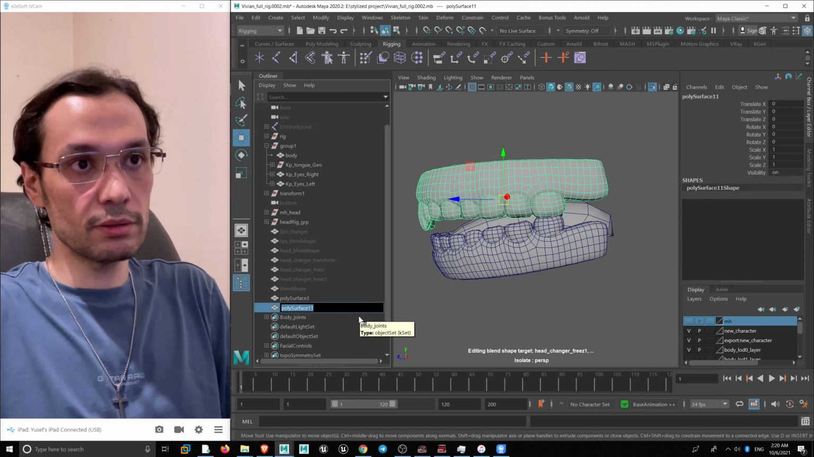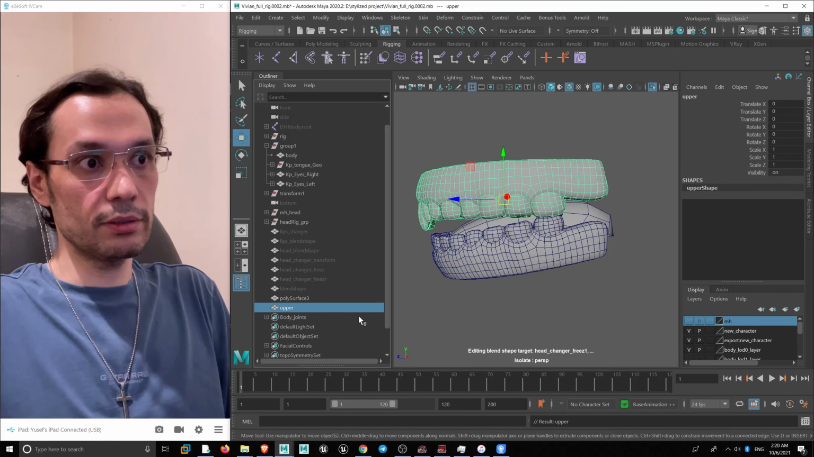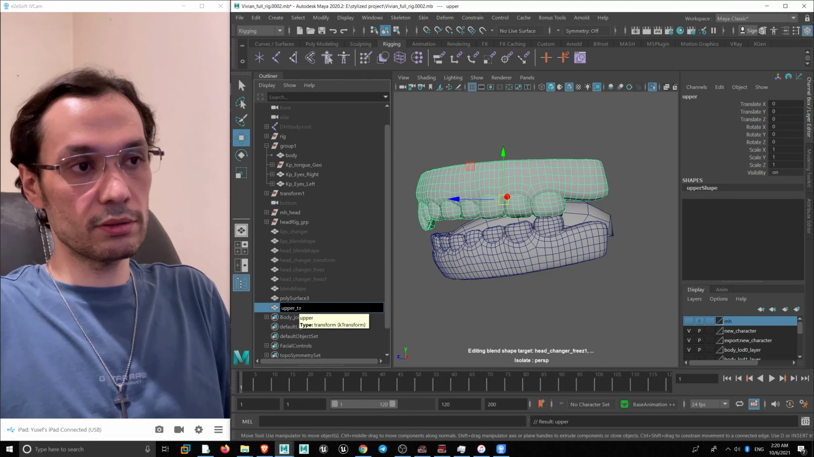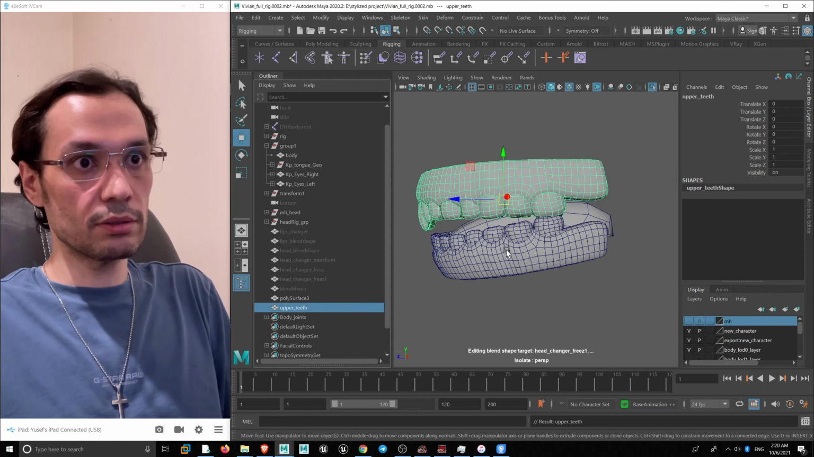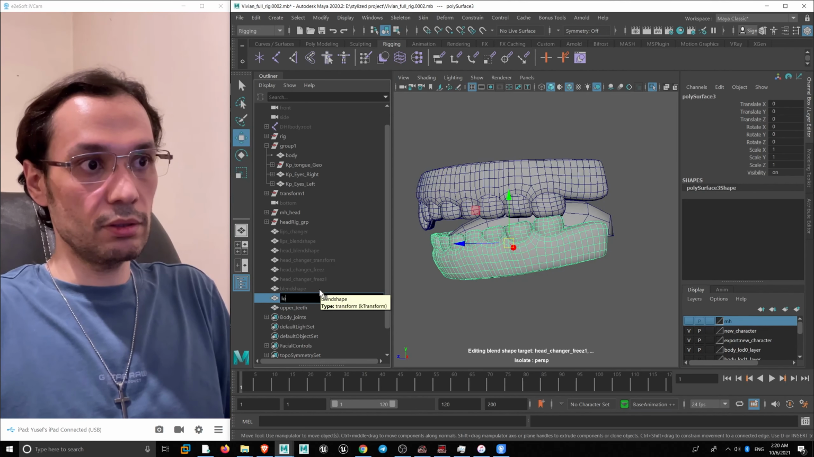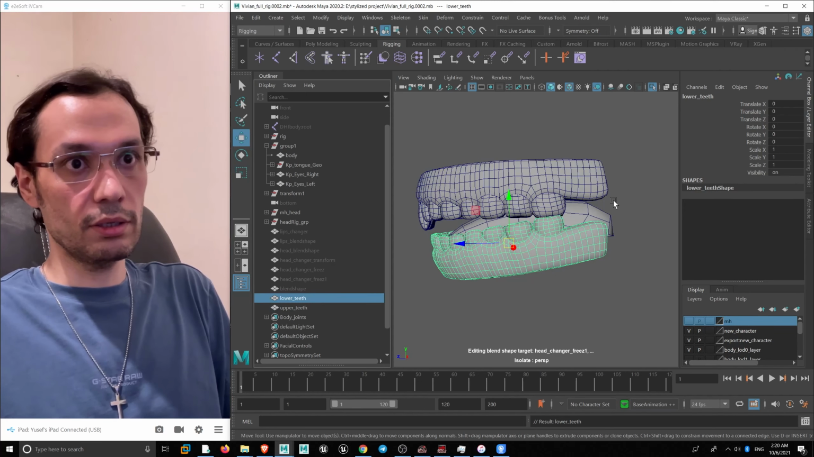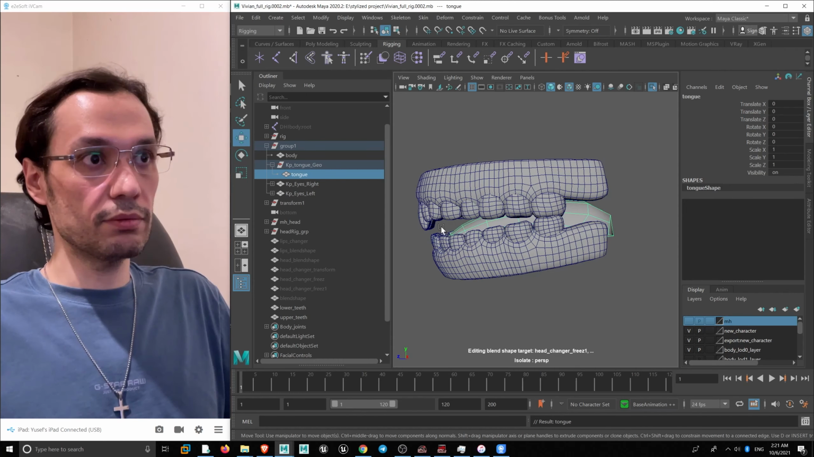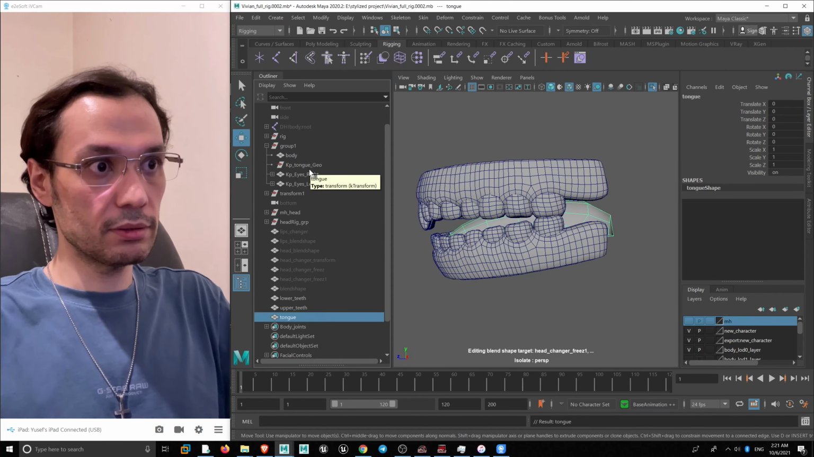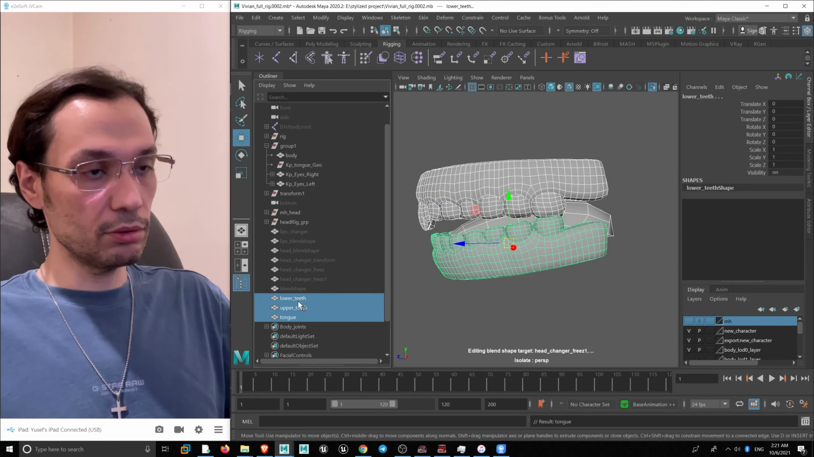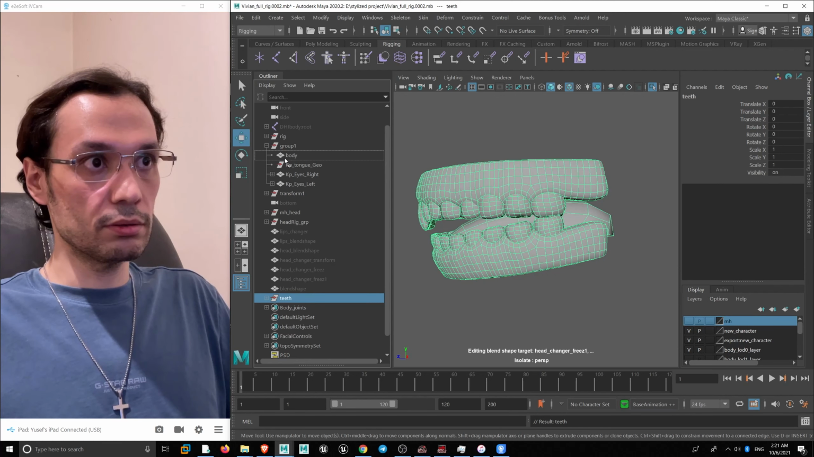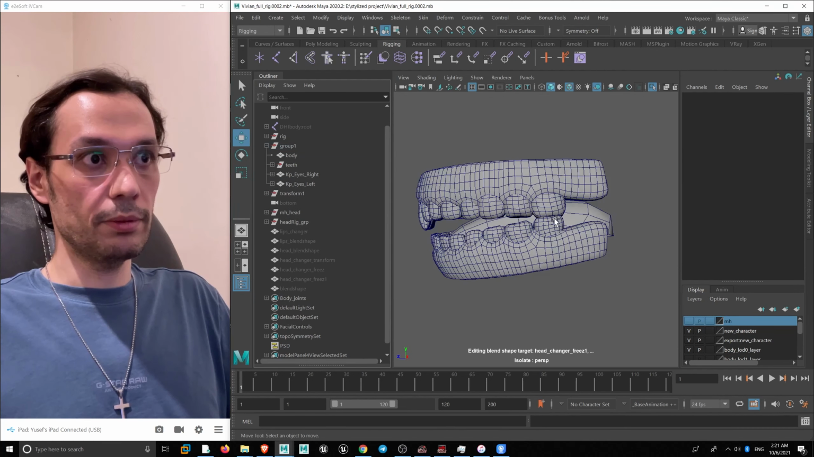I'm calling this one upper teeth, lower teeth, and tongue. And let's delete the history of that one too, and unparent this, and group this, and I'm calling this teeth, and put it to the body,